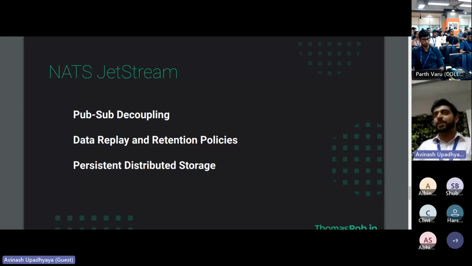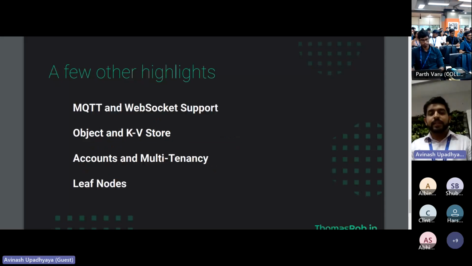It's maintained by a company called Synadia. And I think the creator is a former CTO of VMware, something like that. So yeah, it's been around for quite some time. And a couple of other interesting features of